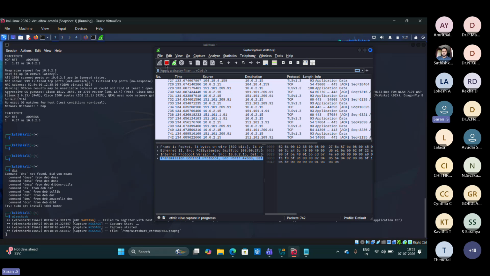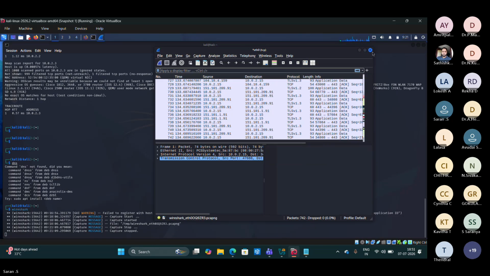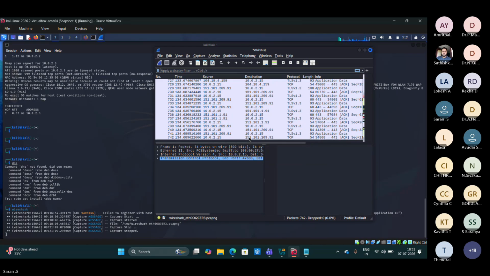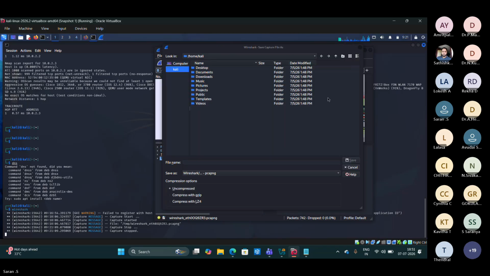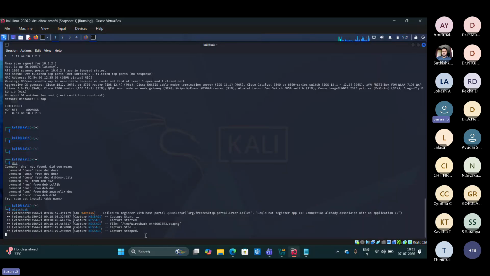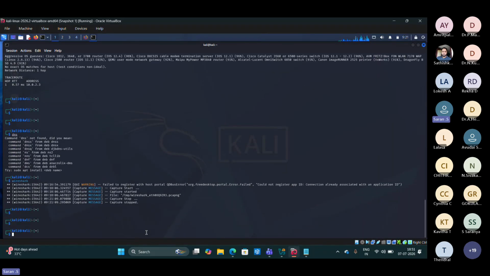So now I'm going to stop this. I'm going to stop the capturing. Okay. So is it clear how the attackers can find how the systems are communicating between each and every IP